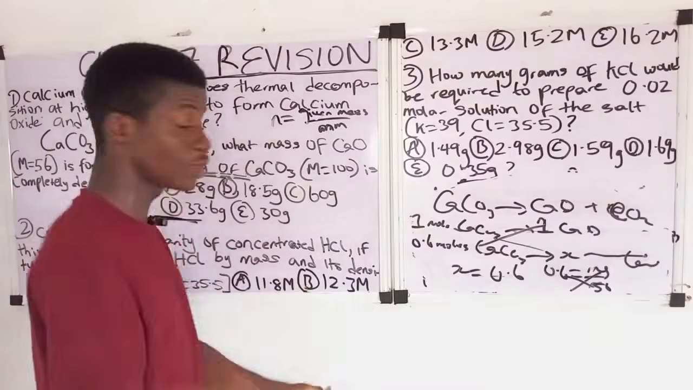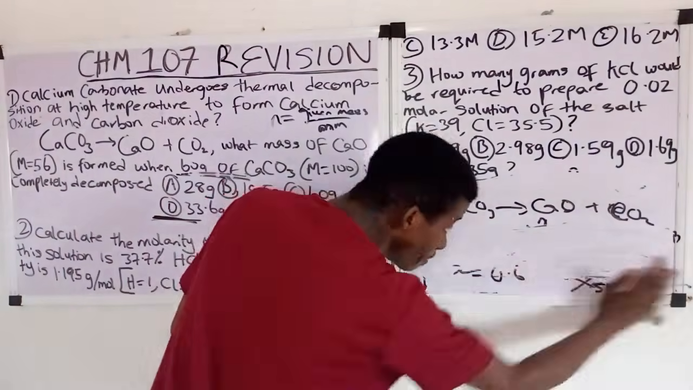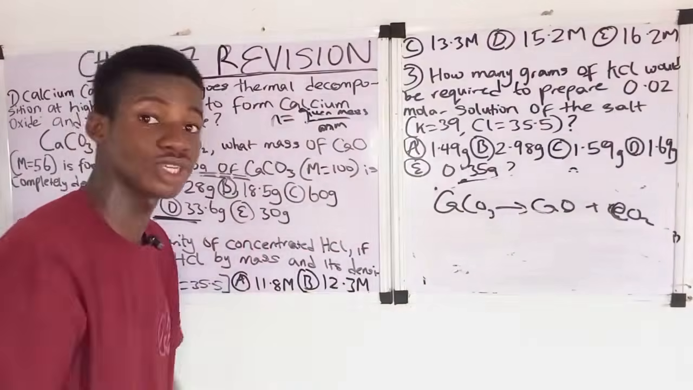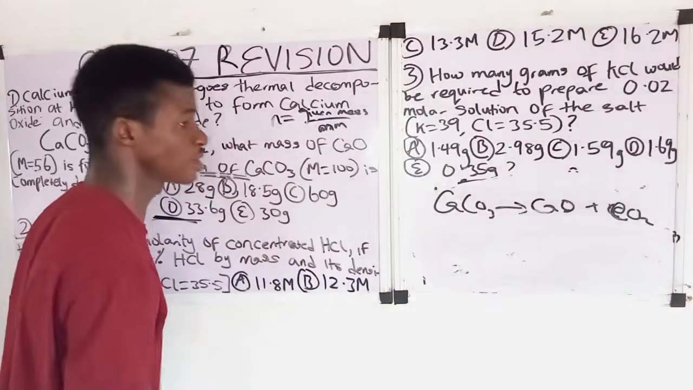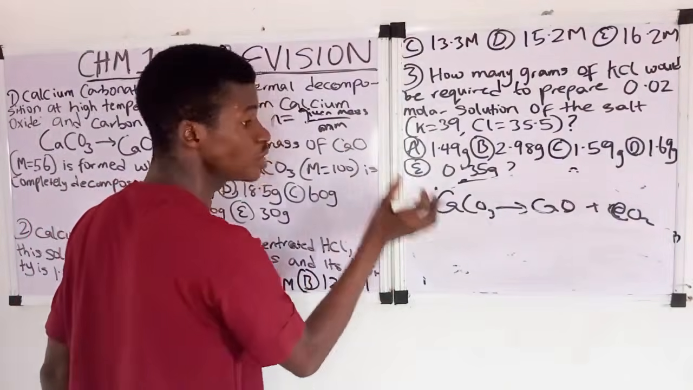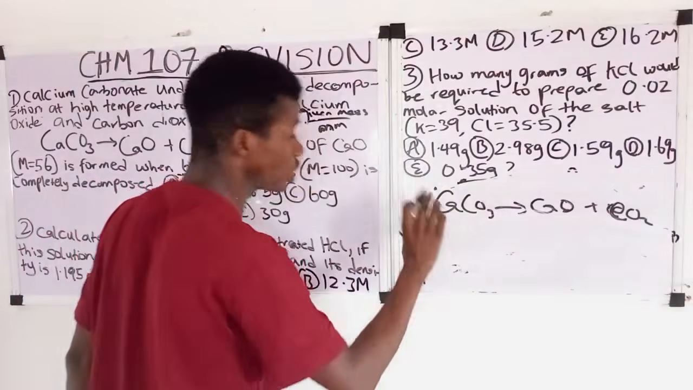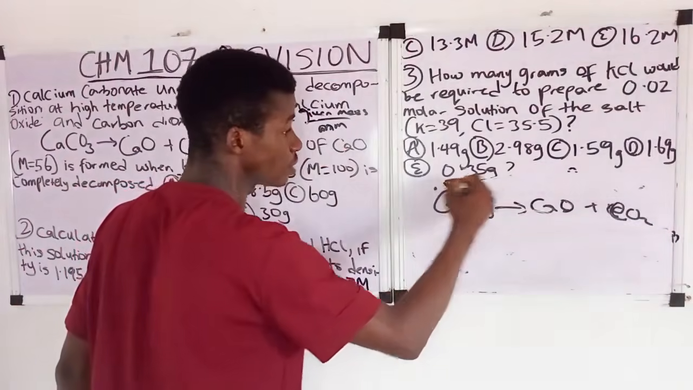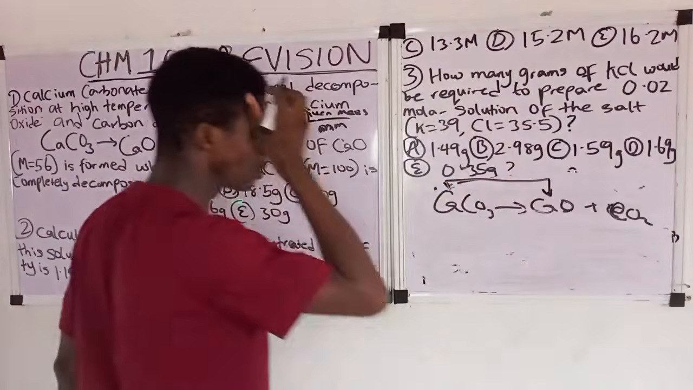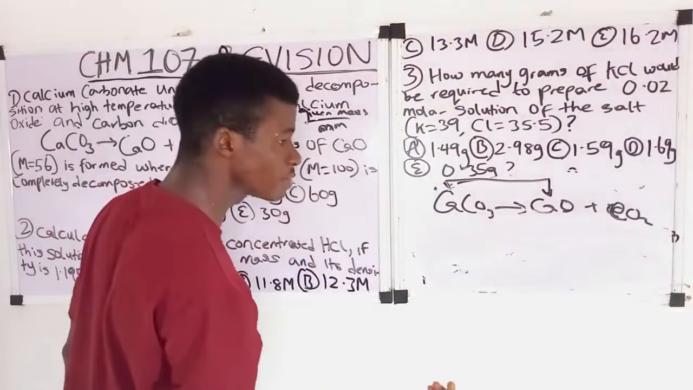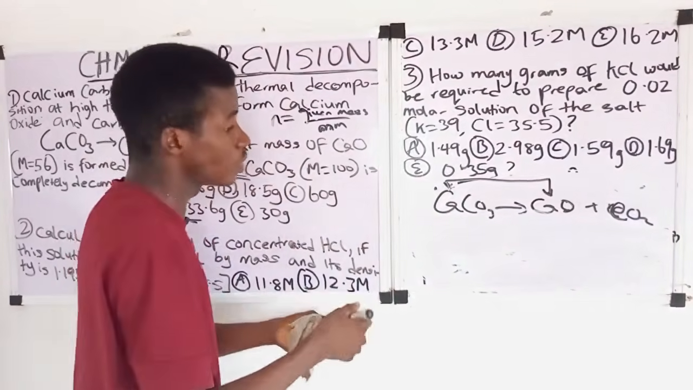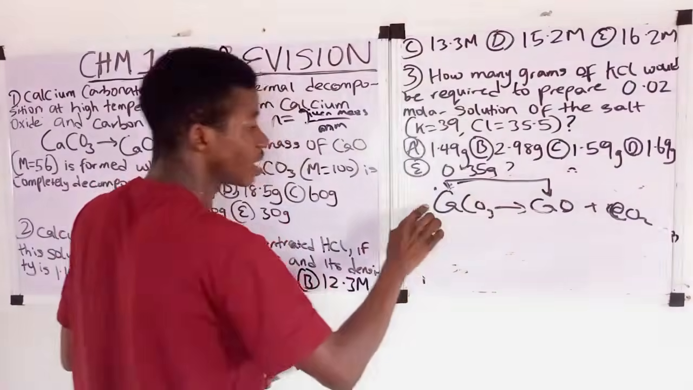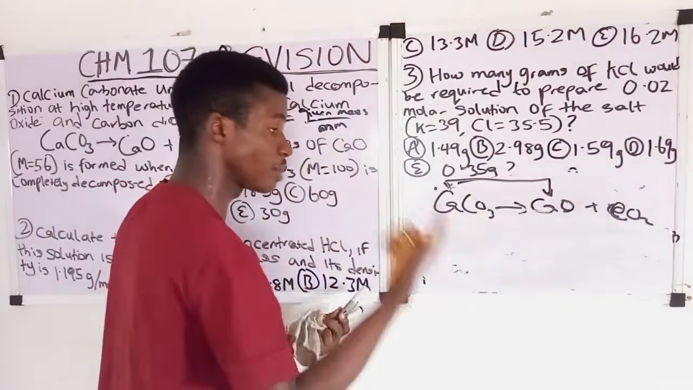Okay, but the other method, which is the mass relationship, is kind of faster, okay? In mass relationship, remember the relationship is between calcium carbonate and calcium oxide, right? Yes. In mass relationship, we use mass to solve, not mole. From the balanced equation, we find out that calcium carbonate